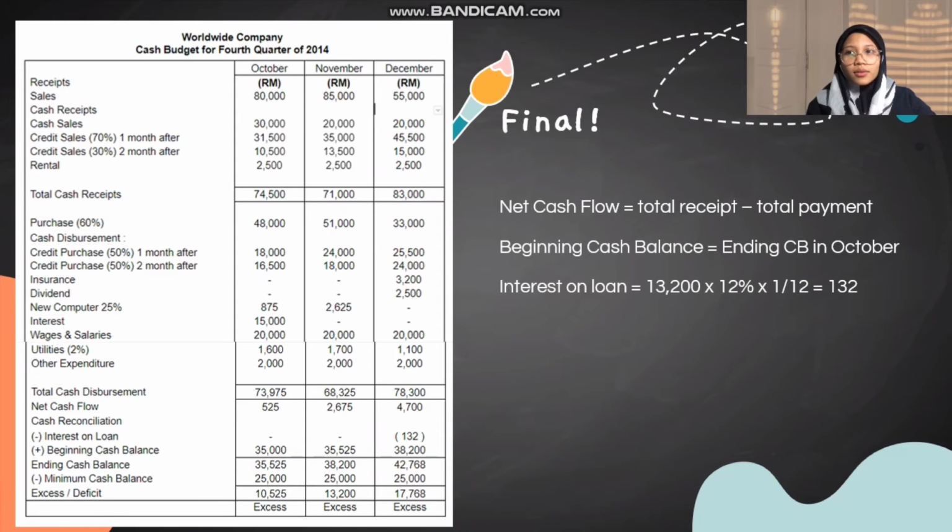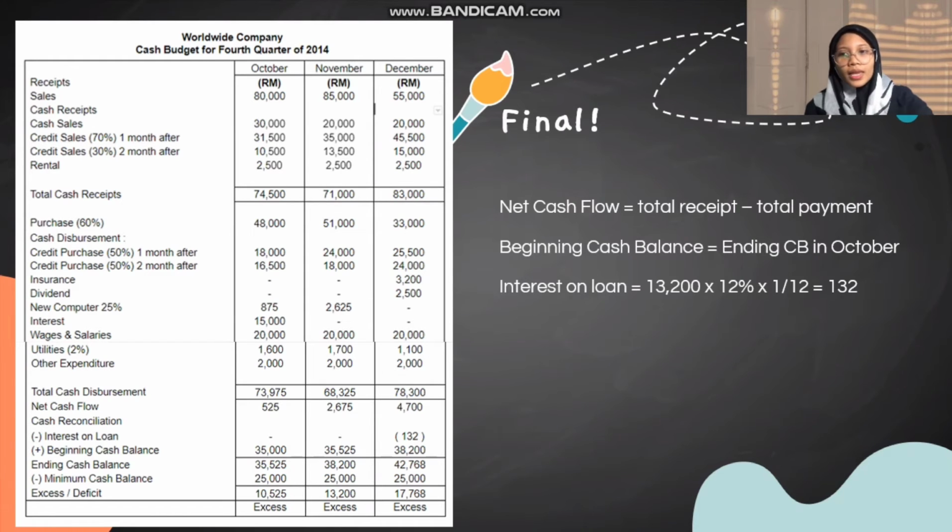So I add these two, which is net cash flow and beginning cash balance, and for the ending cash balance I get 38,200. And for December, I do net cash flow 4,700 minus 132, and then plus the beginning cash balance, which is 38,200,